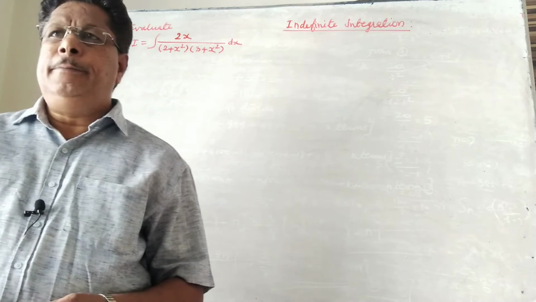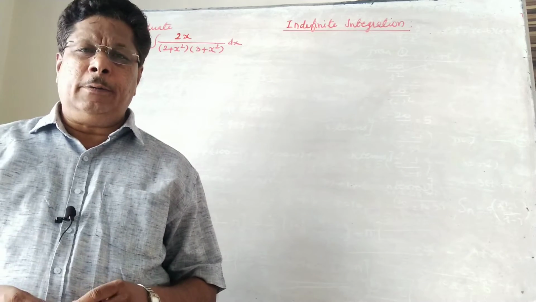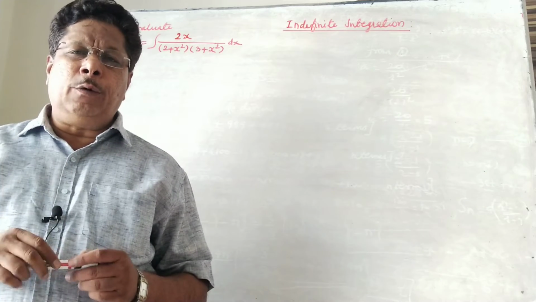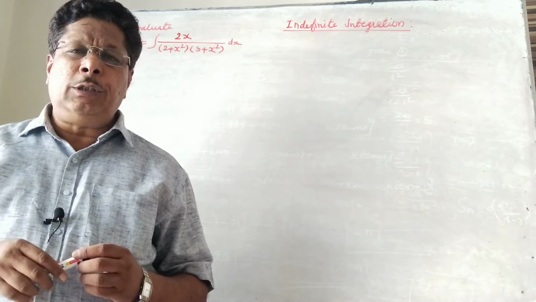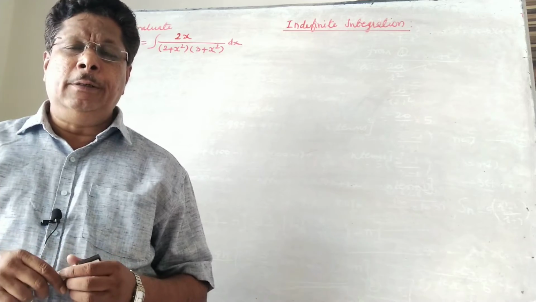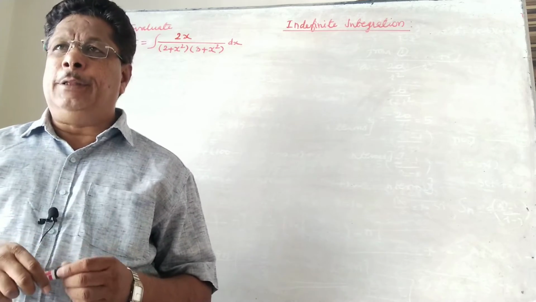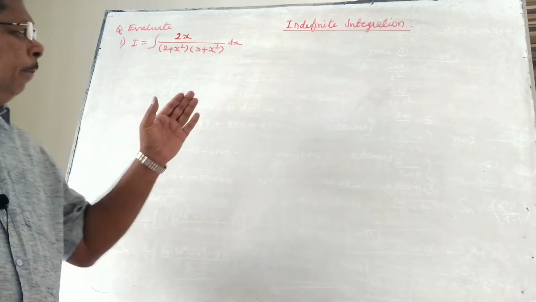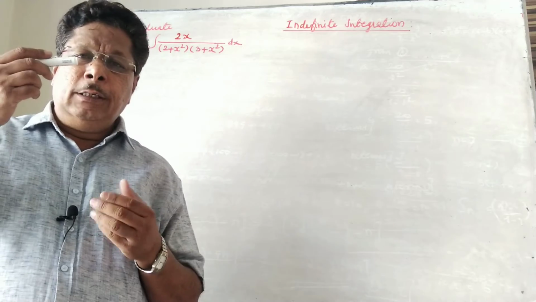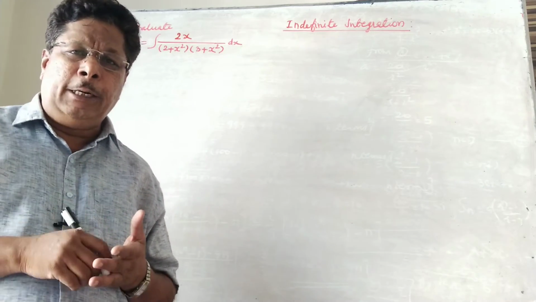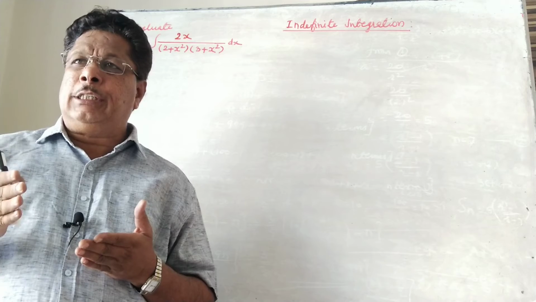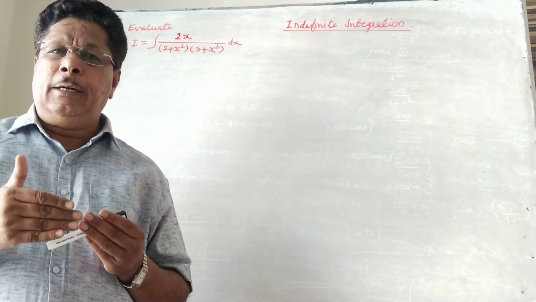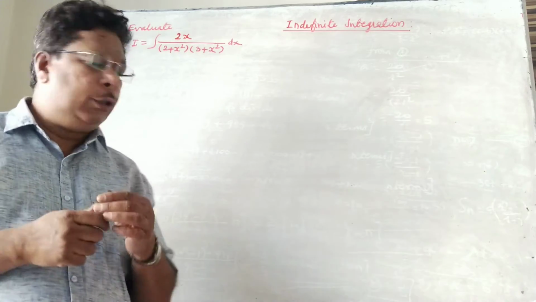Hello students, we will continue our previous topic, indefinite integration. Today we are going to see the substitution method with differentiation in the partial fraction method. Partial fraction method is going on. Here we are taking the substitution and then we will differentiate, because the derivative is adjustable in the given integral. So take substitution, differentiate, and then find the partial fraction constants.